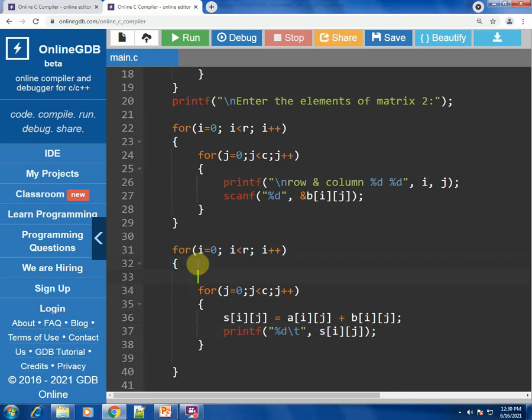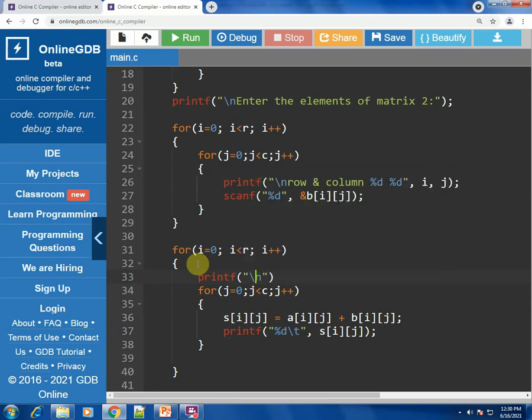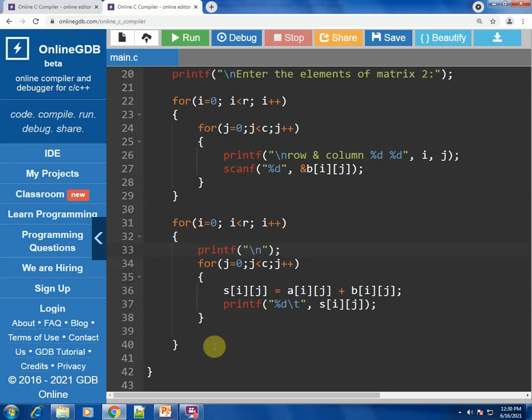Let's put a new line character over here. The reason is that everything should be on a new row, like each row should be separated, otherwise everything will appear together. So \n. Okay, so this is how it looks like.